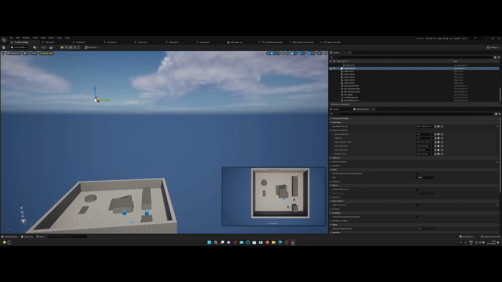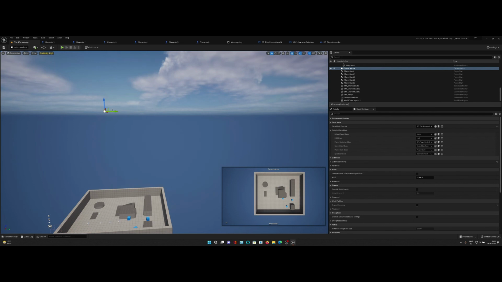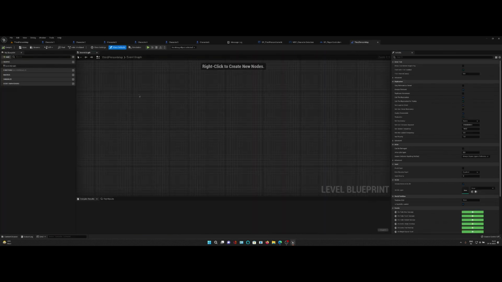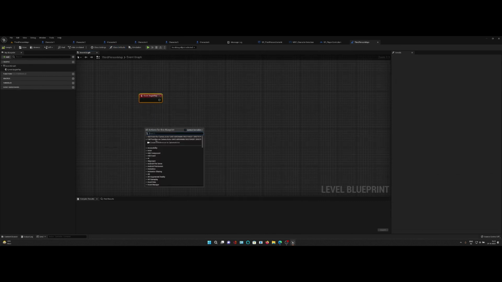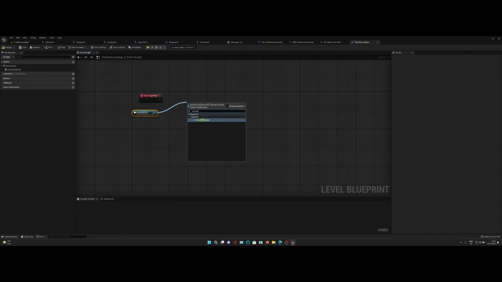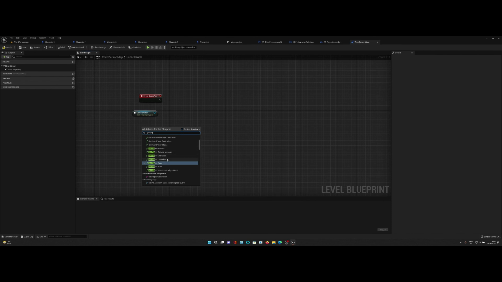Drag this up, and whenever the match is started, open level blueprint, make it event begin play, right click, create a reference to the actor, and get the player controller,